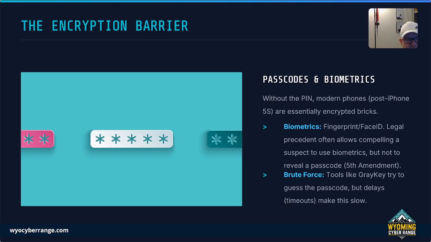Now, for the exam itself, you do need to know some of those legal intersections of forensics. Understand that compelling a suspect to provide a passcode often invokes the Fifth Amendment protections, which makes brute forcing tools or discovering written passwords very critical for us. They can also revoke the permission to get into their phone at any time. So we have to be very careful about when we gather that evidence versus when the permission was revoked